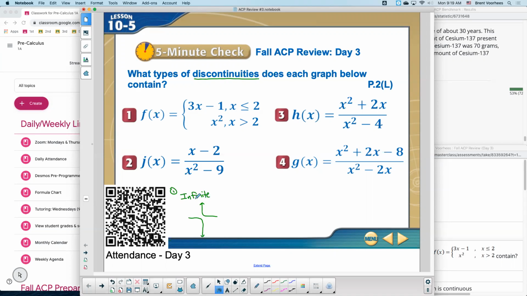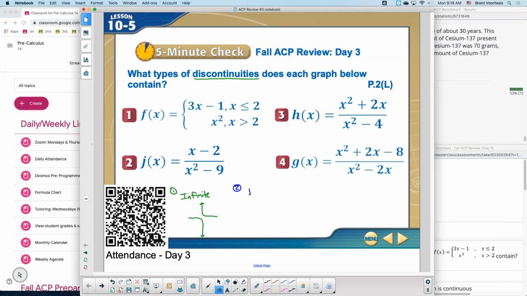That's what we call infinite discontinuity. The graph is going to infinity at the break. So a discontinuity means there's a break in the graph. So it's no longer one piece of graph, there's multiple pieces, and the graph at the break is going to infinity. It's created by dividing by 0, if you remember that algebraically. You divide by 0 and the factor does not cancel. Okay, the second type